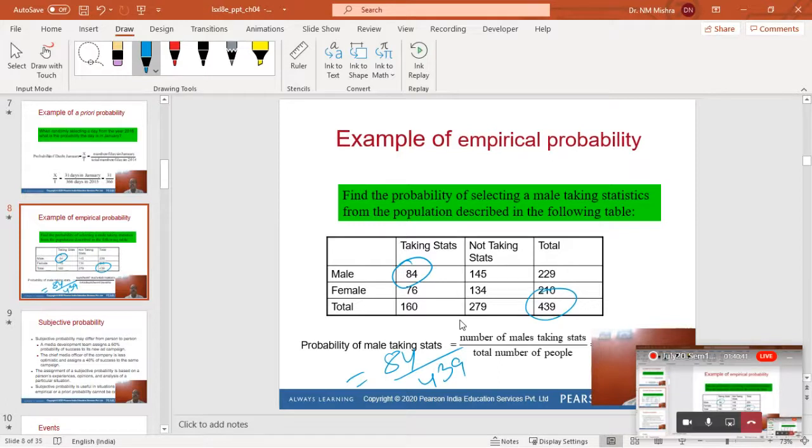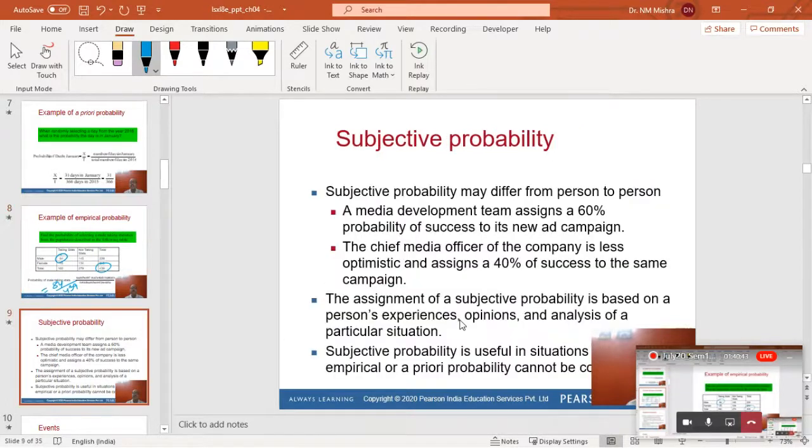And subjective probability means there is no formula. It is based on your feeling, perception and experience. Suppose I ask you what is the probability of success of selling a new product in the market, you can say based on your experience that it is 60%. Here you are not using any prior knowledge, and you are not using an empirical formula for calculating. It is based on your experience. So probability is of 3 types.